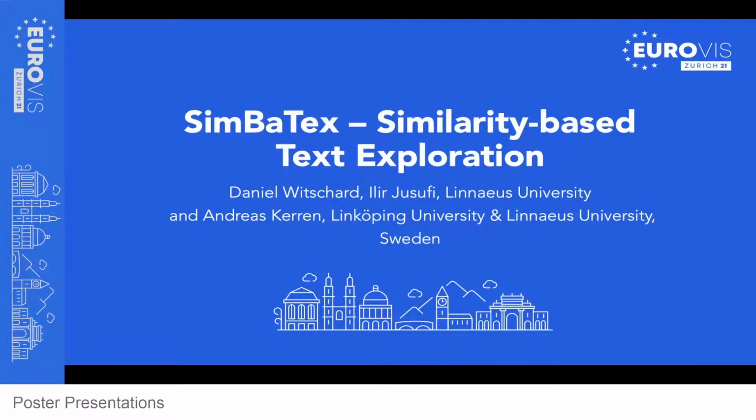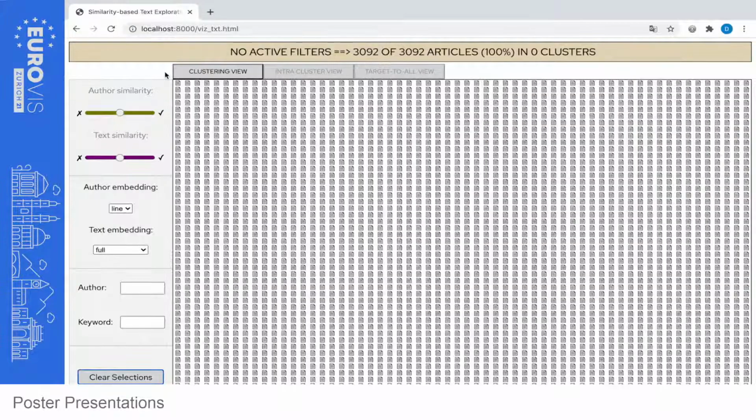Welcome to the demonstration video for SimBaTex, a visual analytics tool which enables the user to assess the similarity patterns of a large set of scientific papers. When the application is loaded, no similarity criteria are specified, so all articles are unclustered and displayed as article icons